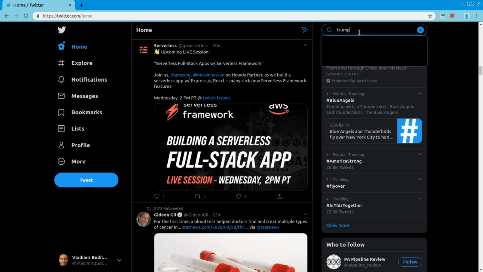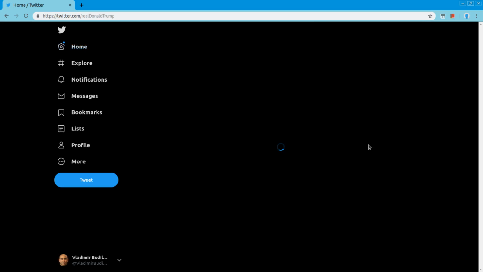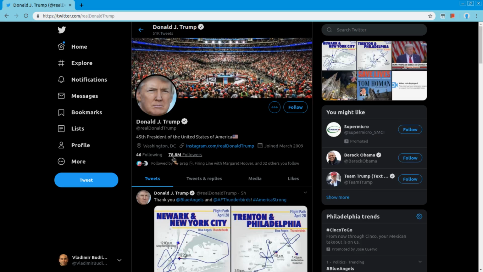Well, let's search for Donald Trump. He has 78 million followers. So since he has 78 million followers, a significant amount of Twitter is getting his tweets, and every single time a Twitter user brings up the UI, there needs to be a read on Trump's row, and that might actually cause